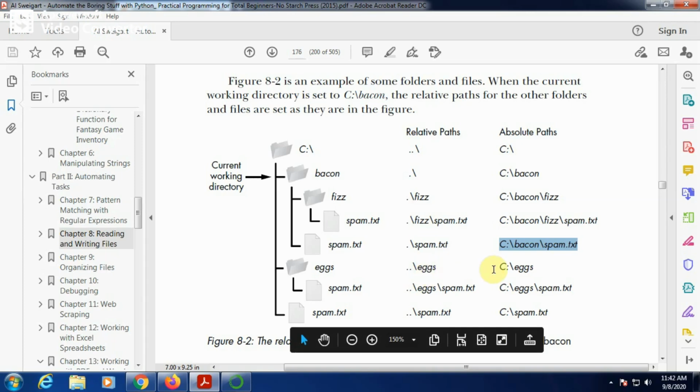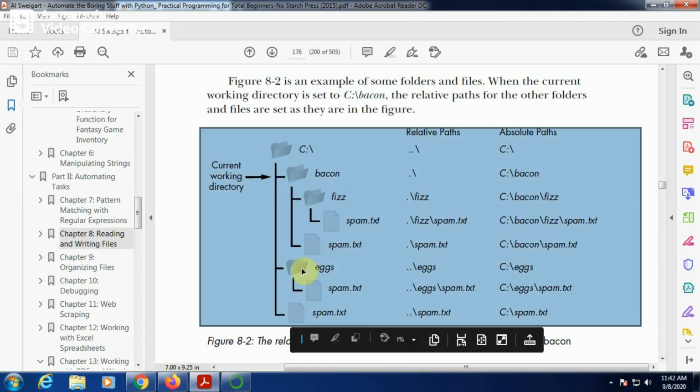Then its absolute path is C colon backslash X. Now if you want to access spam.txt from the X folder, you know your current working directory is Bacon.